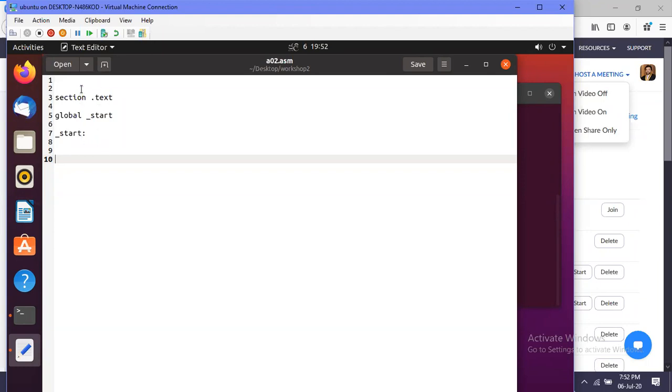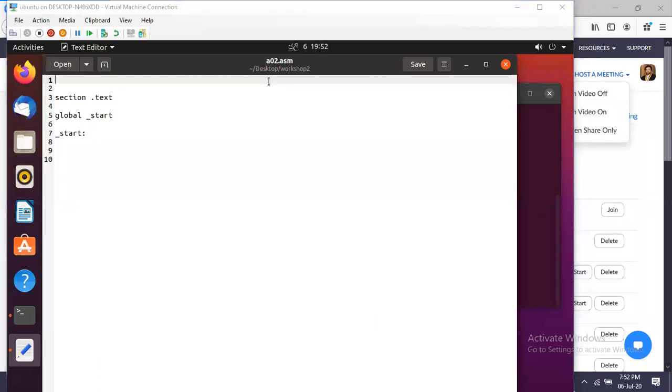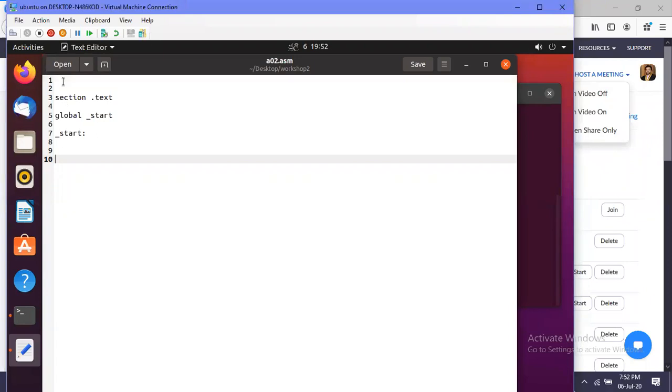So first of all, before doing anything, we need to create a variable and store the set of strings. Set of strings in the sense that a set of characters as a string inside the computer memory. So this text section is to write assembly instructions, and there is another section that I didn't introduce in the initial program, known as the data section.